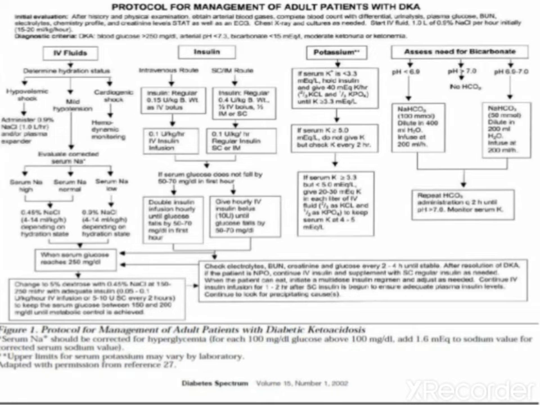So this chart depicts the protocol for management of adult patients with diabetic ketoacidosis. Once you are done with your initial evaluation and you are quite sure about your provisional diagnosis, start with IV fluid replacement. So determine the hydration status of the patient first. If the patient is in hypovolemic shock, then administer 0.9% NaCl. If there is mild hypotension, then look for the serum sodium level. If the sodium level is high or normal, then administer 0.45% NaCl and check the sodium status again